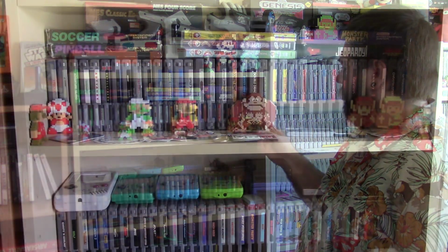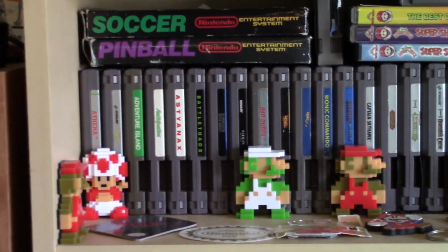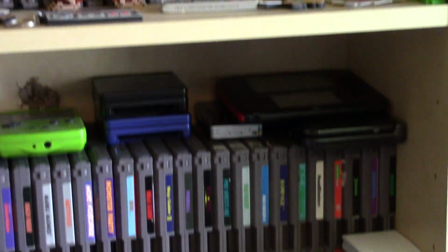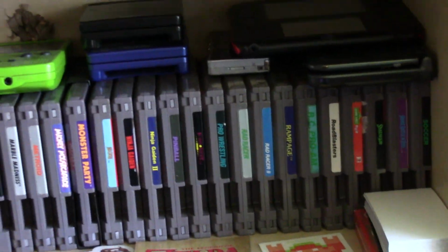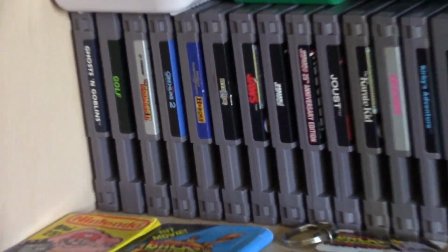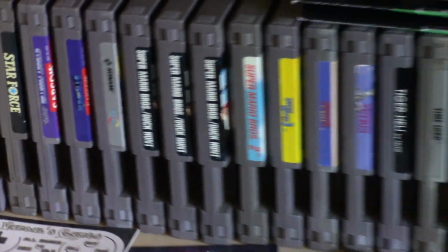I've got all these like figures up here. I try to keep my toys and figures like appropriate to where they're from. So like these are 8-bit Nintendo figures, so I put them with the NES collection. I've got like Back to the Future trading cards, Nintendo tattoos, Nintendo trading cards, some Zelda stuff,